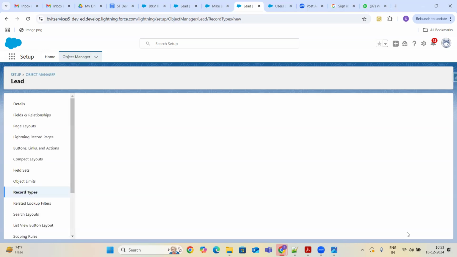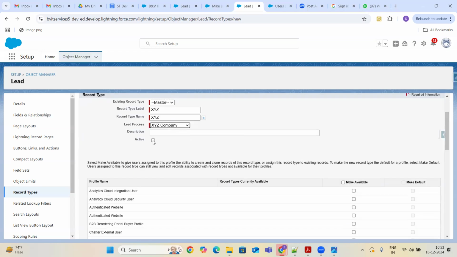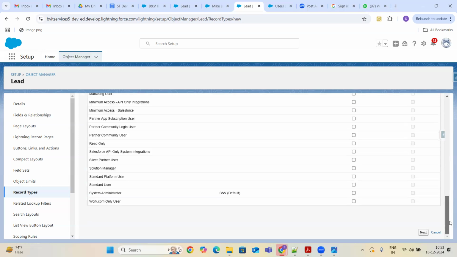Then again we are going to create another record type with the name XYZ. The lead process that we are going to give is the XYZ company lead process, which should also be an active lead process, and this should be assigned to our standard platform user profile.